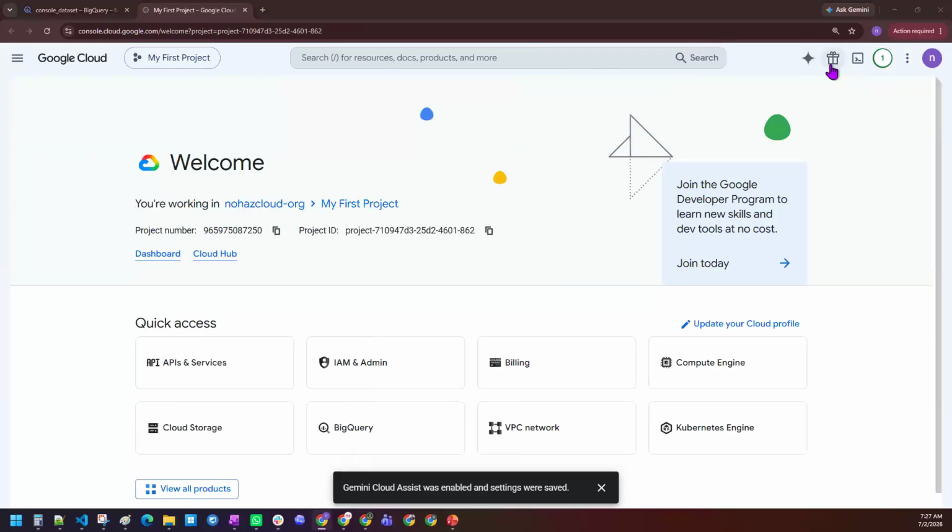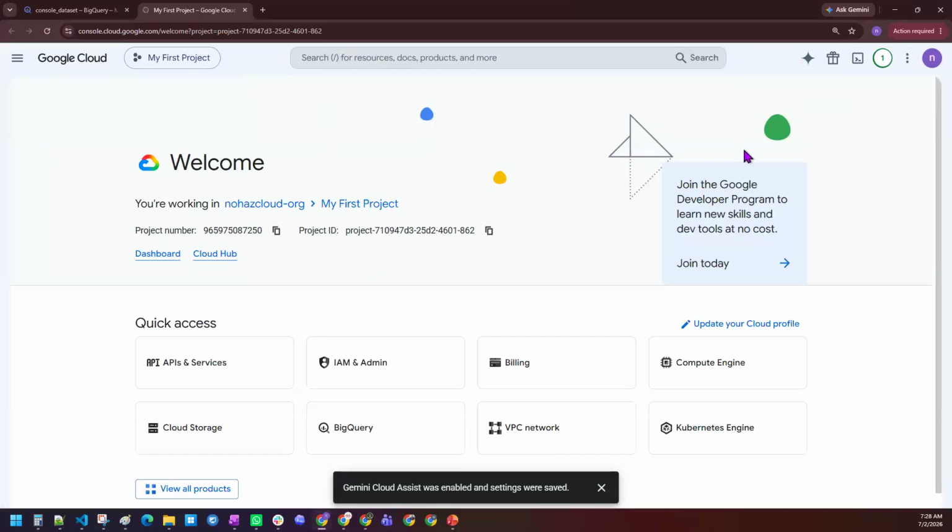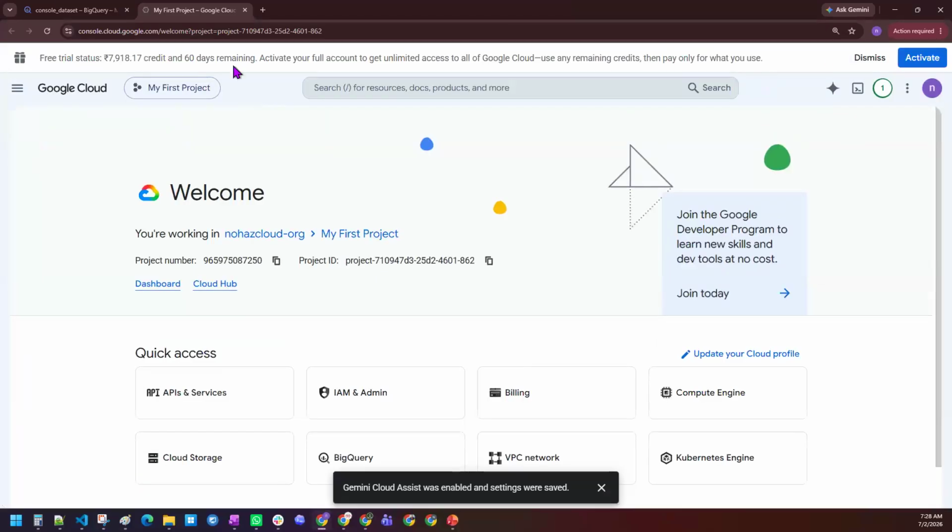And after that, you have a free trial status button. So this is your free trial status button, guys. We are creating a free account. Within the free account, you will be able to see how much money is left and for how many days. So I am left with only 7,000 rupees for the 60 days remaining. I'm using my account like anything, so that's the reason that amount is debiting. But when you are creating your account, you can always check your status here, saying how much amount is left and how many days are left. Don't worry, you can create any number of free accounts also.